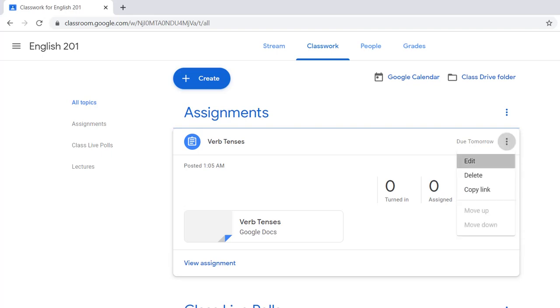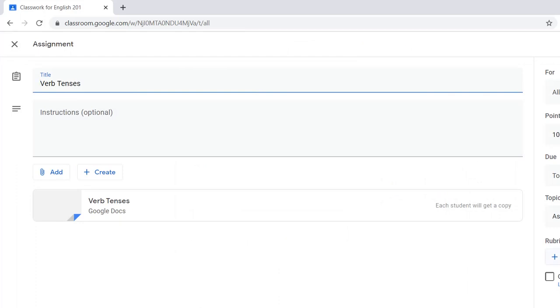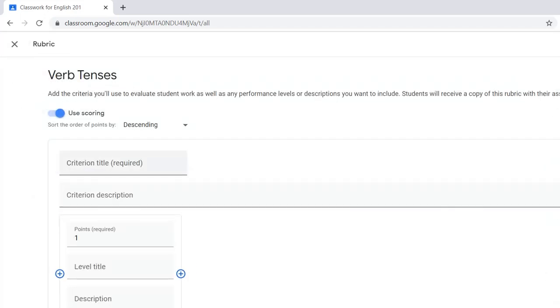In this assignment, I will edit it back once again, and I will add rubrics to it. The rubric feature allows you to grade multiple criteria in your assignment submissions. So for example, I can create a new criteria called, let's say, if I have an essay, for example, and I want to give a grade for the quality of the written